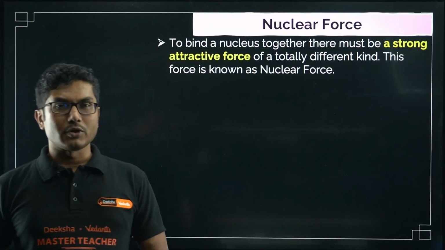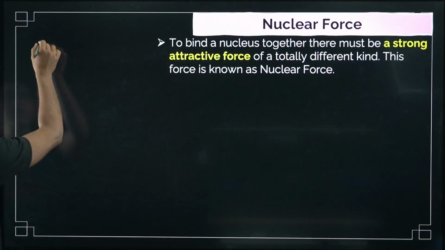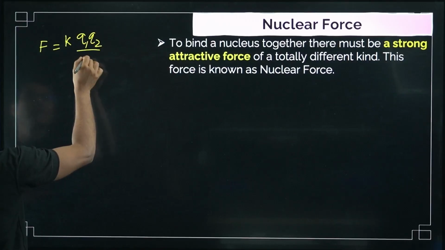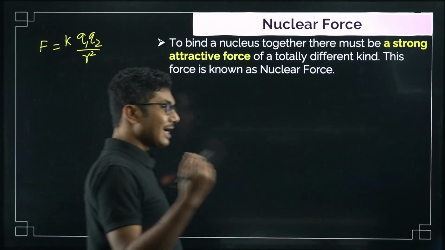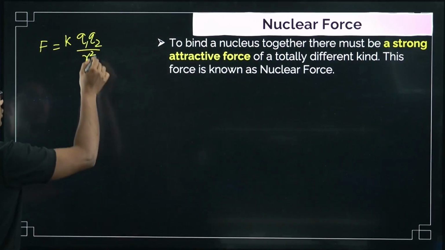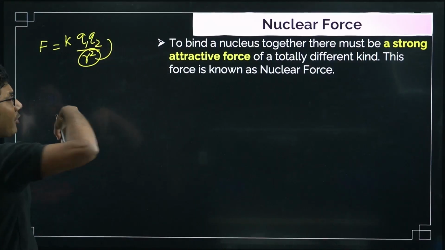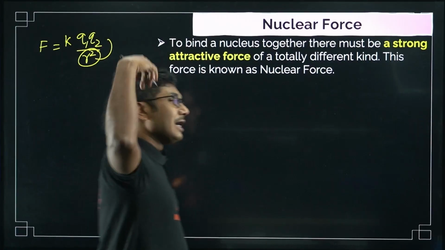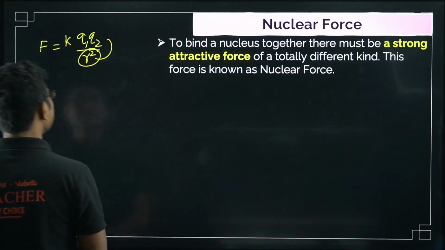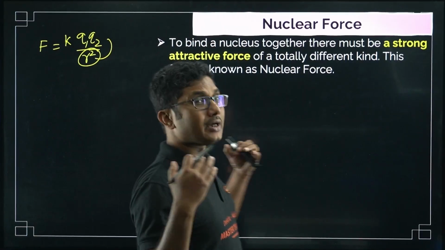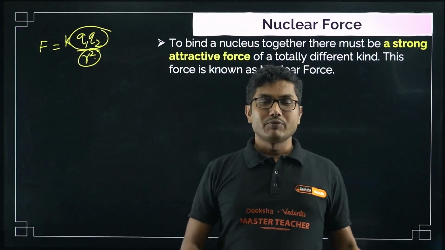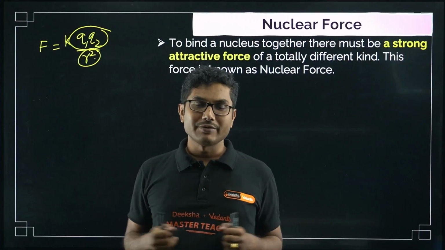In Coulomb's law, we learned that the force is basically K Q1 Q2 by r square. Now in the case of nucleons, the distance r is in the femtometer range, that is 10 to the power of minus 15. Square of that in the denominator means 10 to the power of 30 in the numerator. That means the repulsive force will be huge, 10 to the power of 30 range, right? Q1 Q2 is obviously small, but still the force is very, very high when the distance is very, very small.